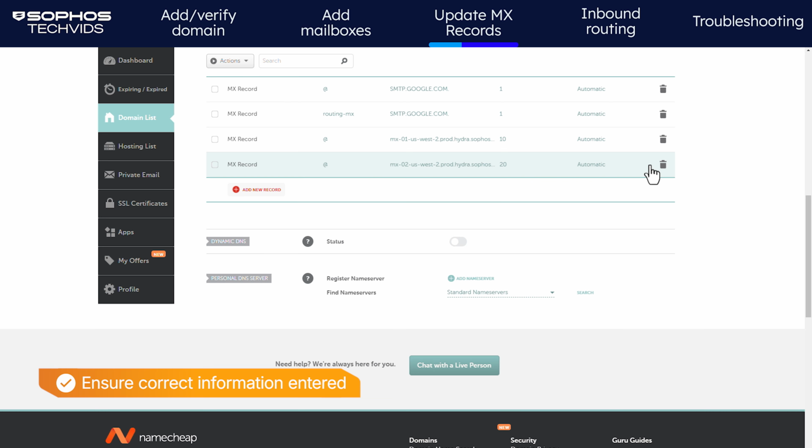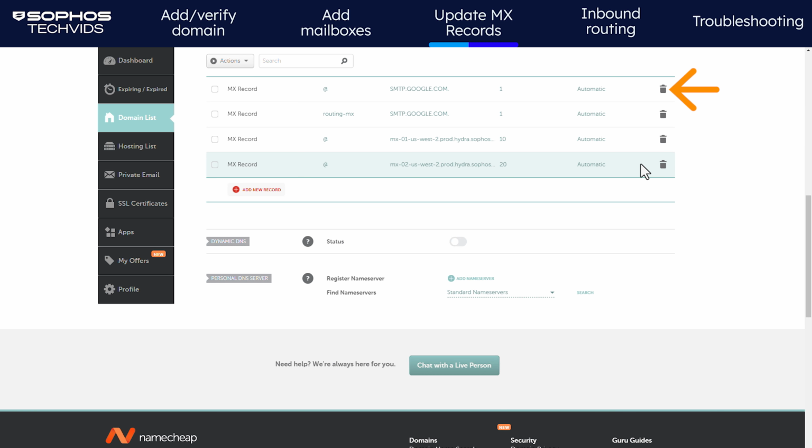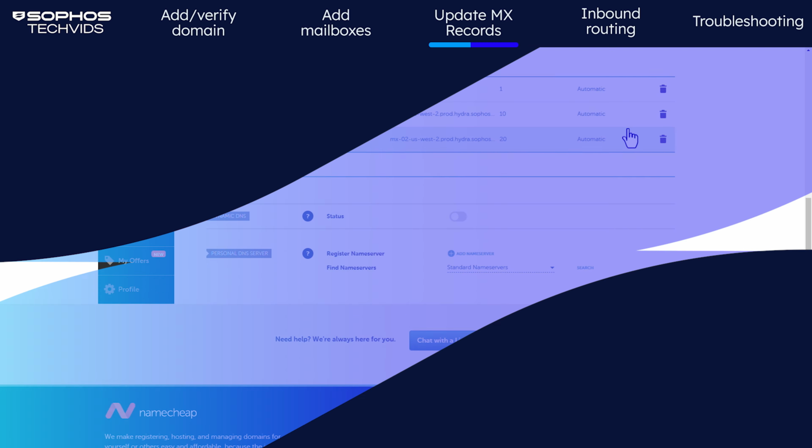Once again, make sure to enter the correct MX records for your region and set the correct weight. If you can't make these changes yourself, contact your IT department, hosting provider, internet service provider, or DNS provider and arrange for your domain's MX records to be modified. Finally, remove any old entries for your domain that point to your previous email provider.